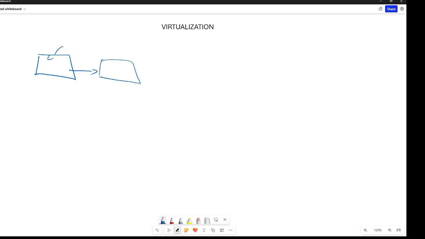Just think about it: you are thinking so much just to transfer one application to another place, another device. You have to plan, you have to maintain, and check the impact of the downtime and everything. After virtualization, things became much simpler. You don't need to worry about transferring from one place to another.